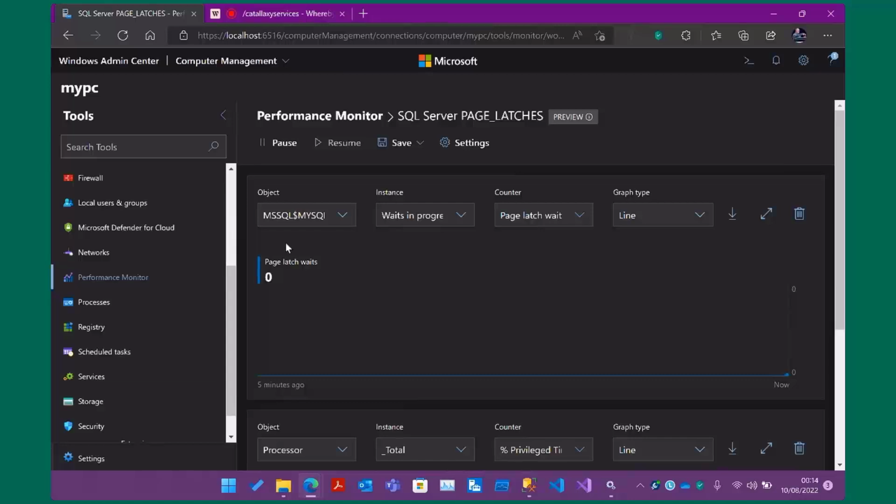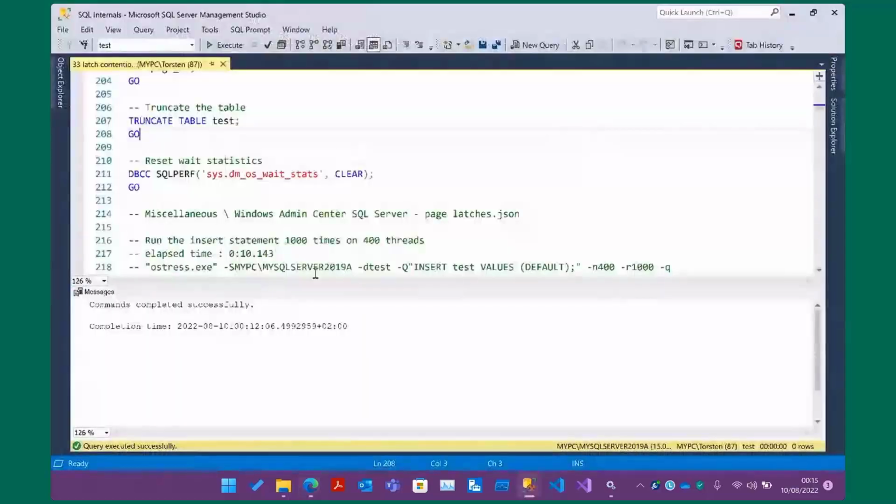And currently there are more than 1,000 different reasons why SQL Server has to wait. And one wait statistic is page latch. And we will talk about page latches in a moment. But first of all, I want to run the workload so that we can see something. I can demonstrate something, and then we can talk about the reason why we see page latches. So let me go back to